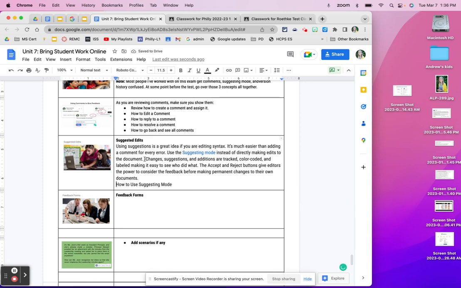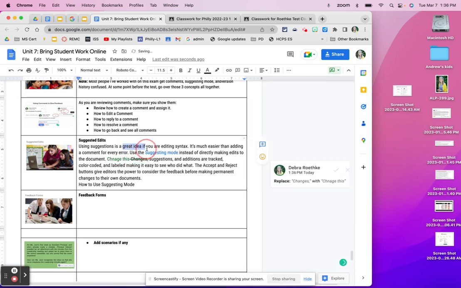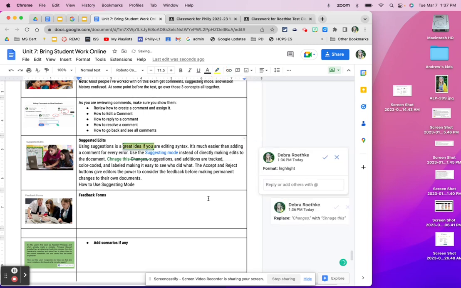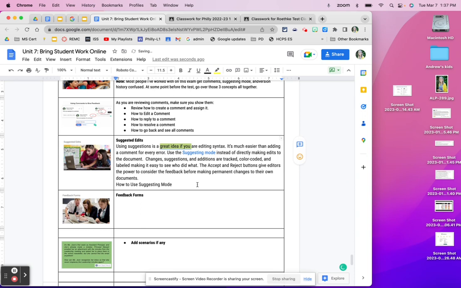I can continue with that. I can change words. Anything that I do is automatically shown to me while I'm suggesting it. So let me highlight that so it says that I highlighted it. And then I can just go in and say, yes, I want to leave it that way. I'll go ahead and accept that suggestion. No, I don't want to leave it that way. And then it'll change it back. So you can see that it left my highlighting, but it left the other things the way that I had it. Now, the nice thing about that is that if I go back into editing mode here,